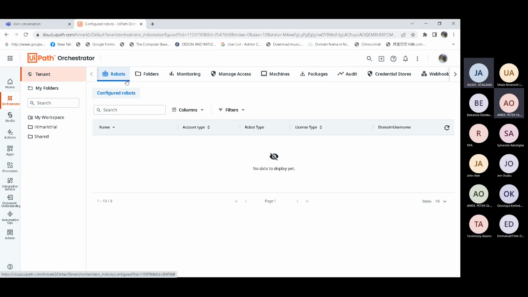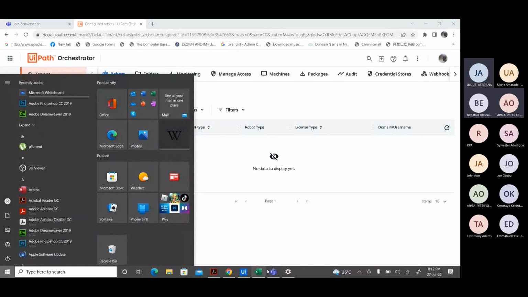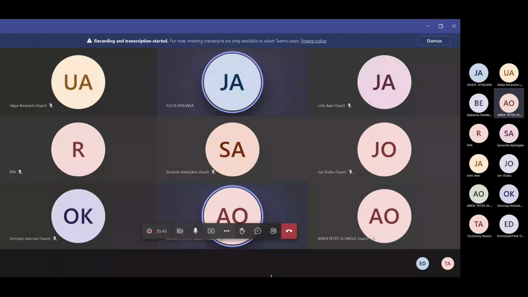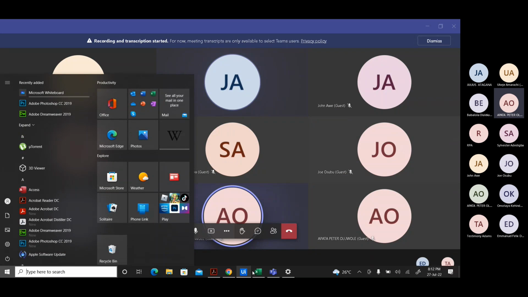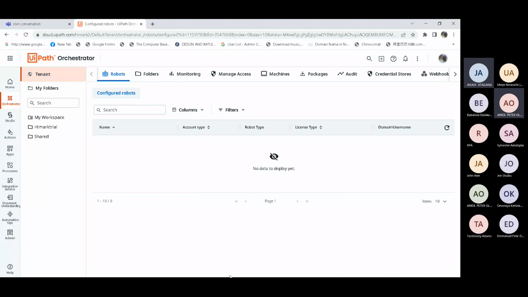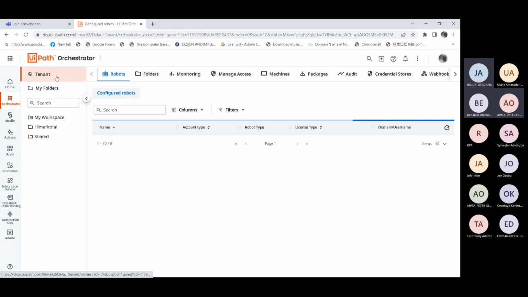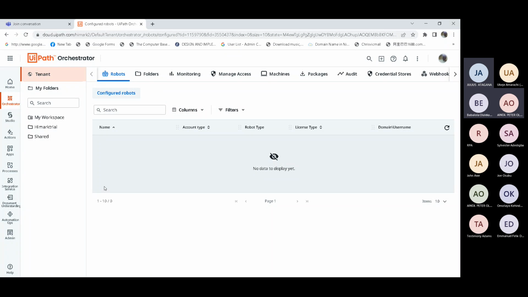Now this one, you're the one that created it. Yes, I'm the one that created it, and that is what we tend to use. Now take it up. We'll go to tenant, go to folder.